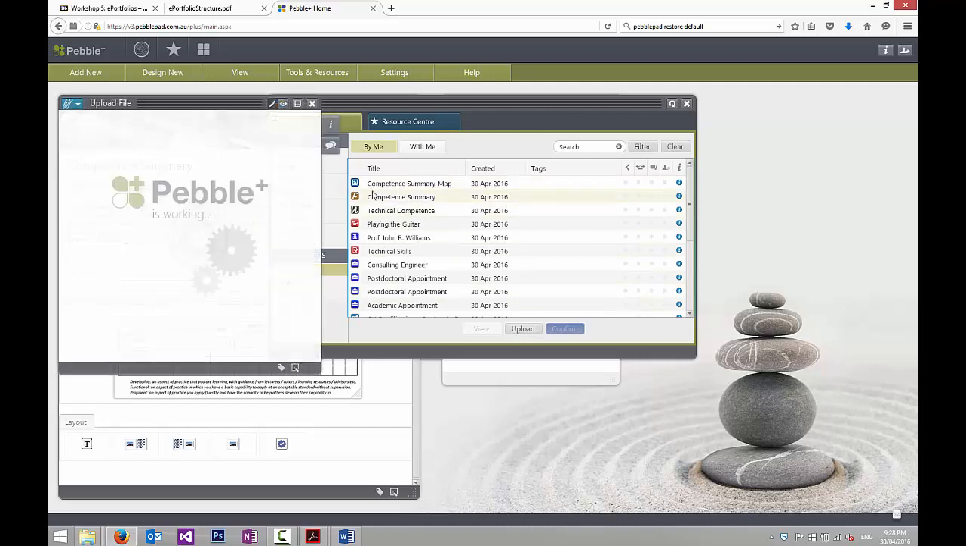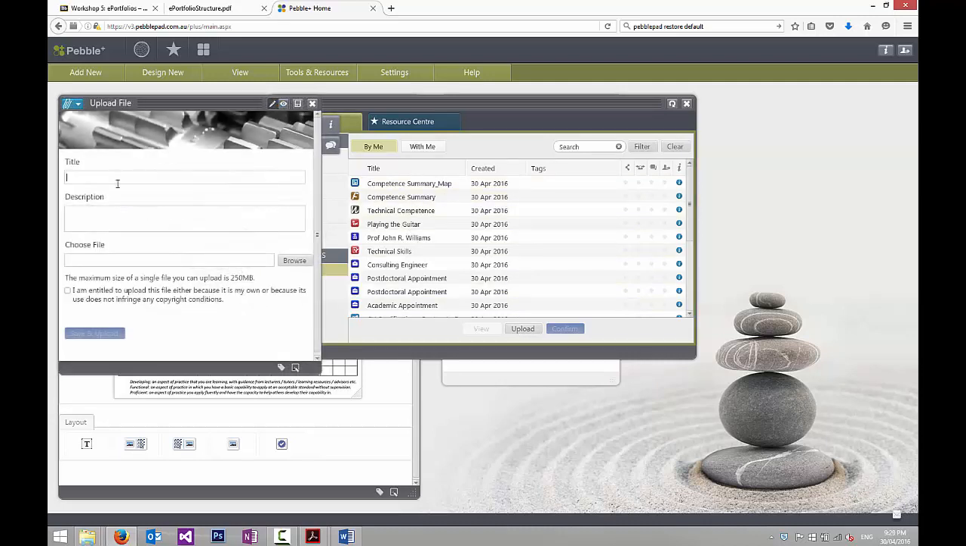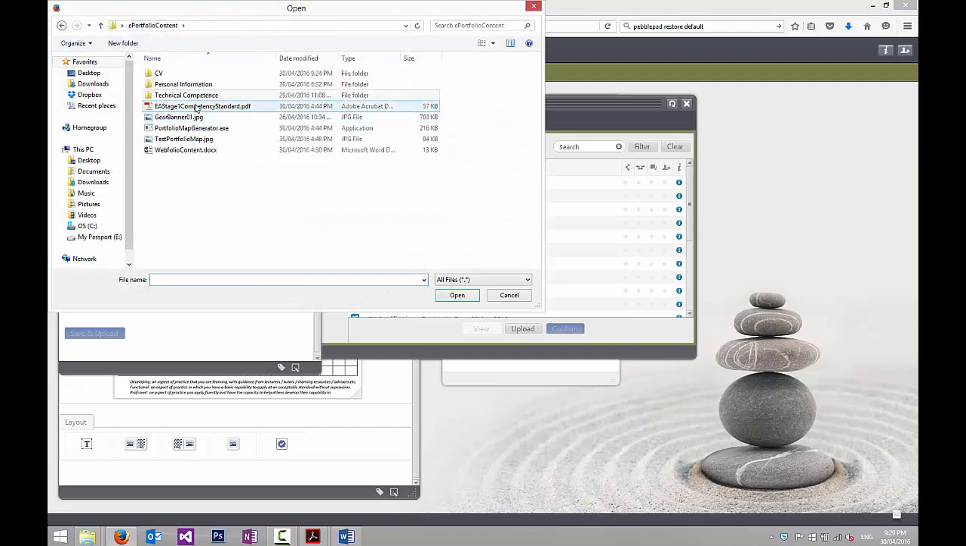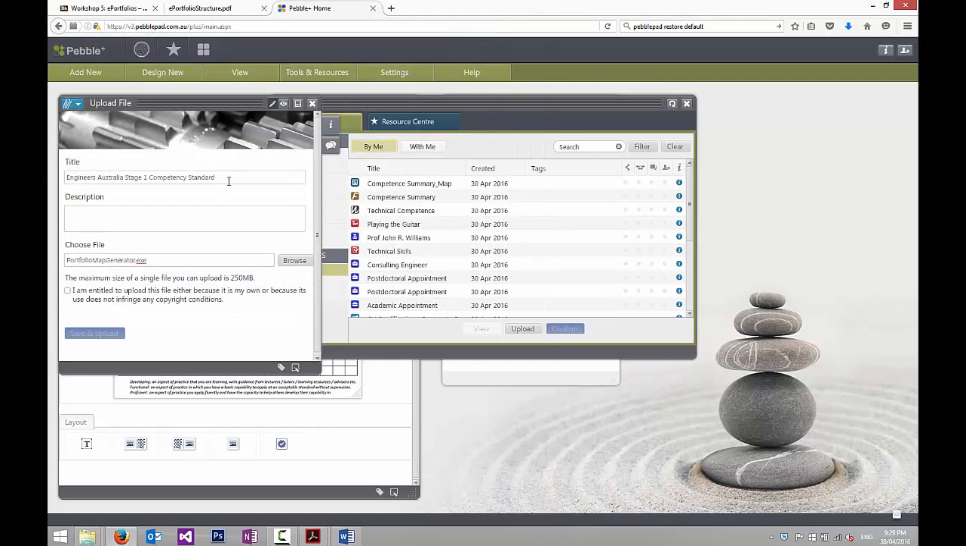So we'll upload. Title is going to be Engineers Australia Stage 1 Competency Standard. We're going to browse for it. Now it should be in the top menu, the ePortfolio content folder, because as soon as you use this map generator,